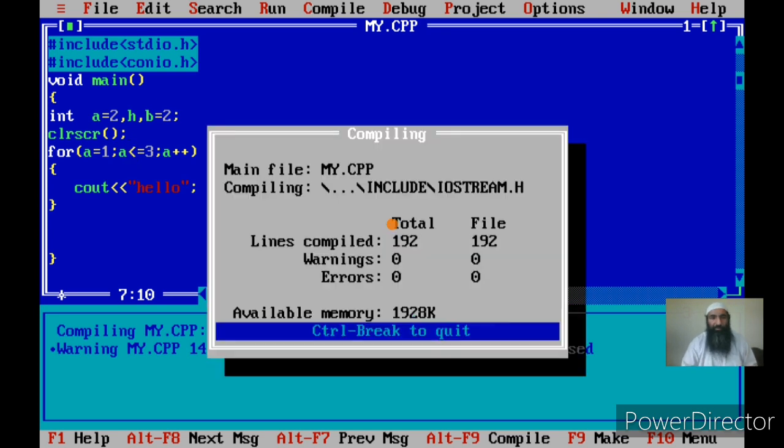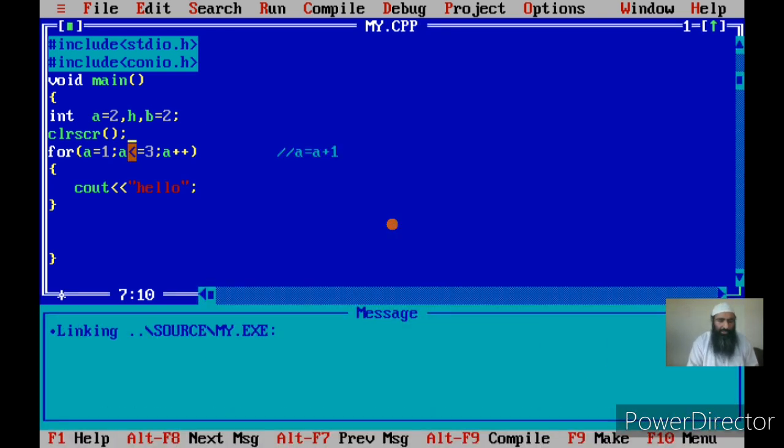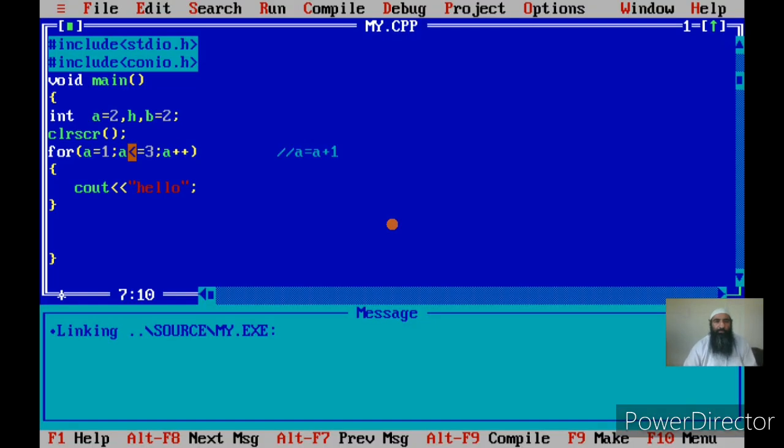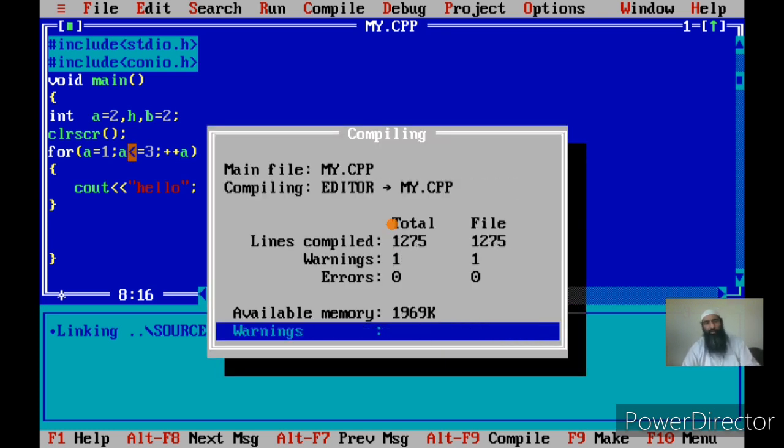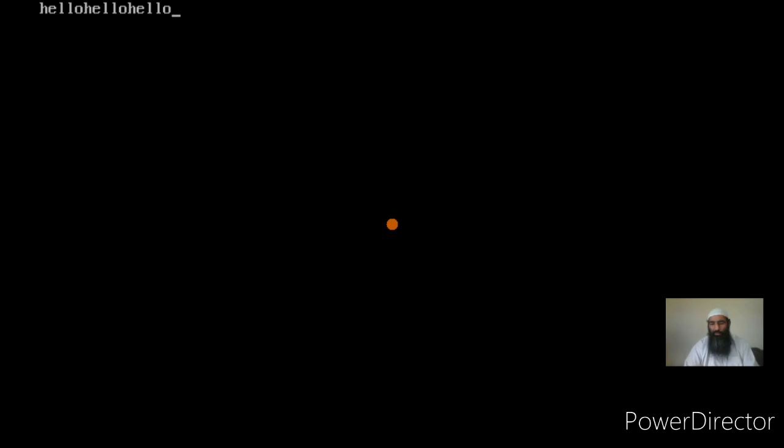Let us run this program and see it on the user screen. What's the output? The hello message has come thrice. Now I was using the postfix form; let me use the prefix form. I can use incrementation. Now let me see, again the loop has run 3 times.